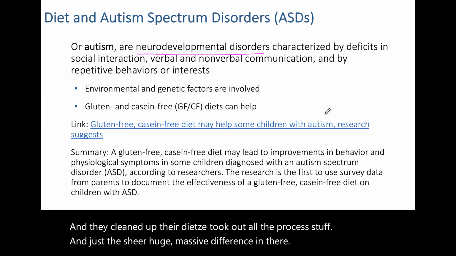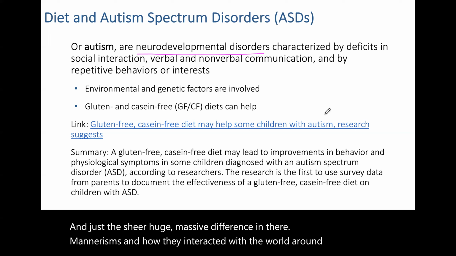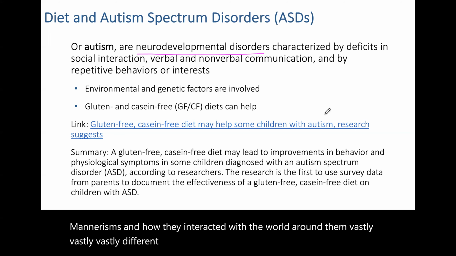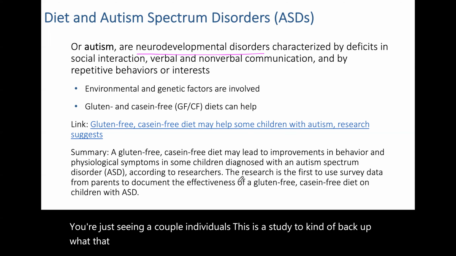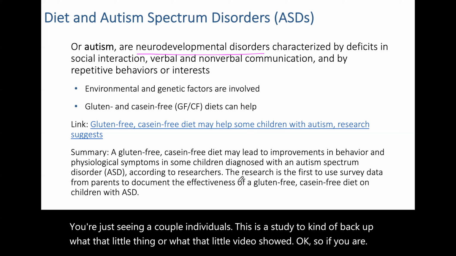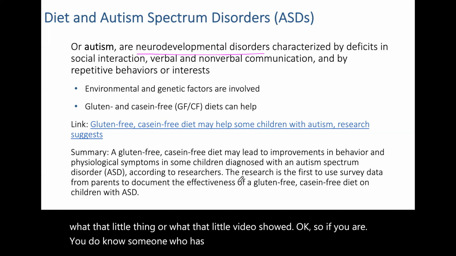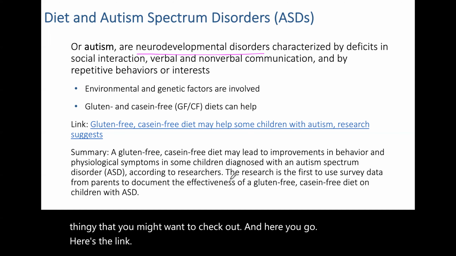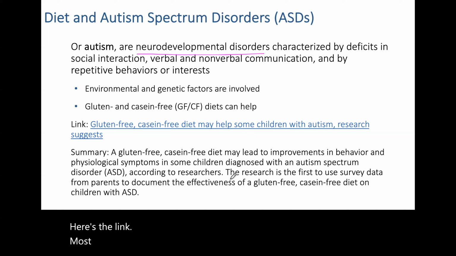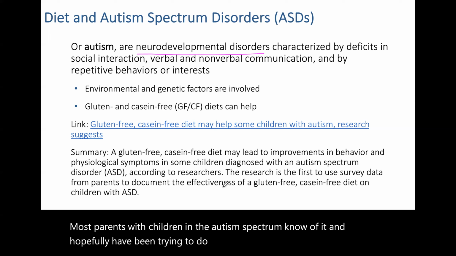mannerisms and how they interacted with the world around them. Vastly, vastly different. That's anecdotal. I get it. You're just seeing a couple individuals. This is a study to kind of back up what that little video showed. So if you do know someone who has autism, say, hey, there's this diet thingy that you might want to check out, and here you go. Here's the link. Most parents with children on the autism spectrum know of it, and hopefully have been trying to do as best they can to do a gluten-free, casein-free diet for